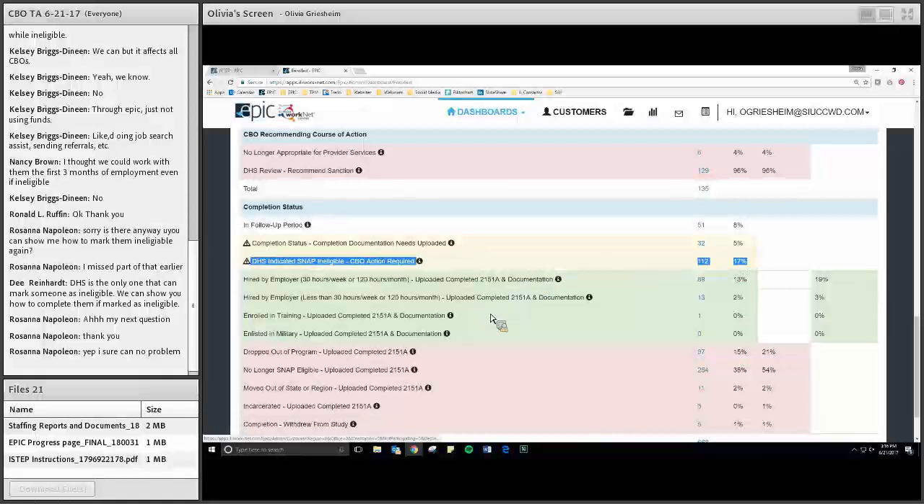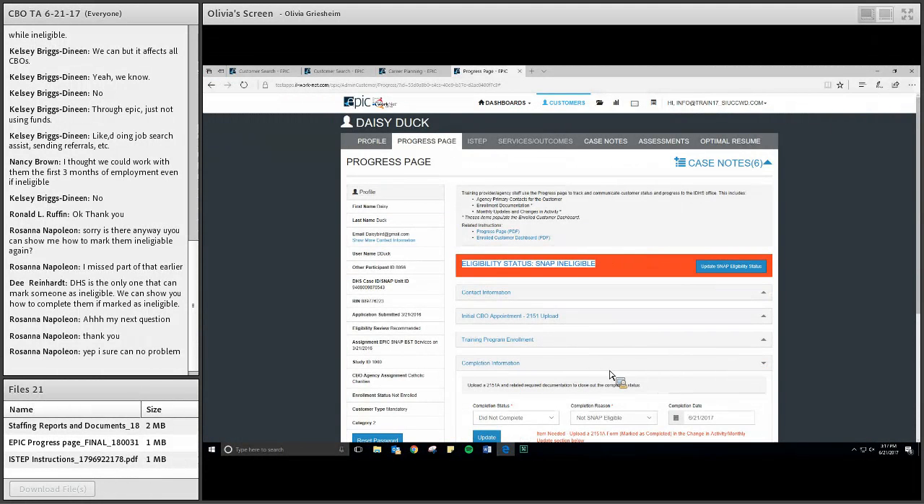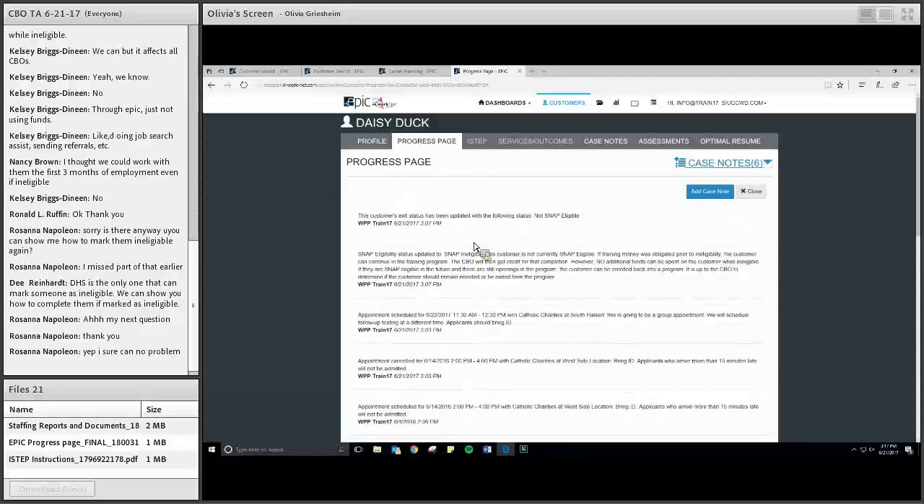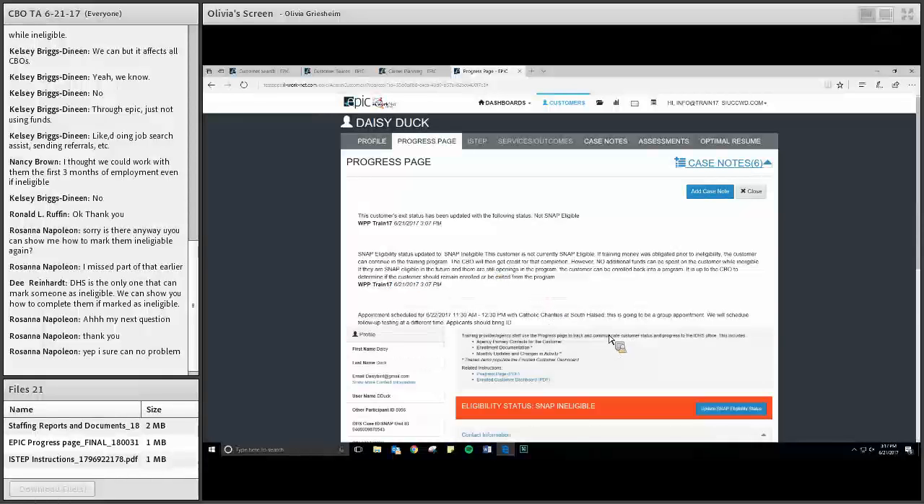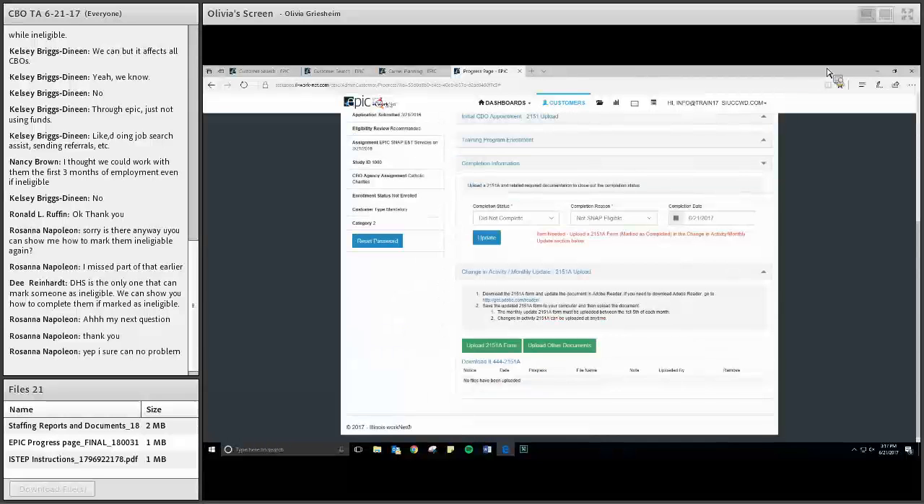You're just going to click on that number and then go into each of your customers and go to their progress page. And they'll have this big red bar. And then you're going to go to the completed information section, and you'll open that up. And you're going to mark it as did not complete, not SNAP eligible. And then you're going to put the completion date in. And that date is going to be the date you're going to check the case notes. And you'll see right here it says SNAP eligibility status updated to SNAP ineligible. You're going to use the date that goes along with that case note. And so you'll put that in this box right here, and then you will update that. And then it will refresh everything, and once you open it up, it'll have this red text here. And then you just need to upload a 2151A marked as complete,